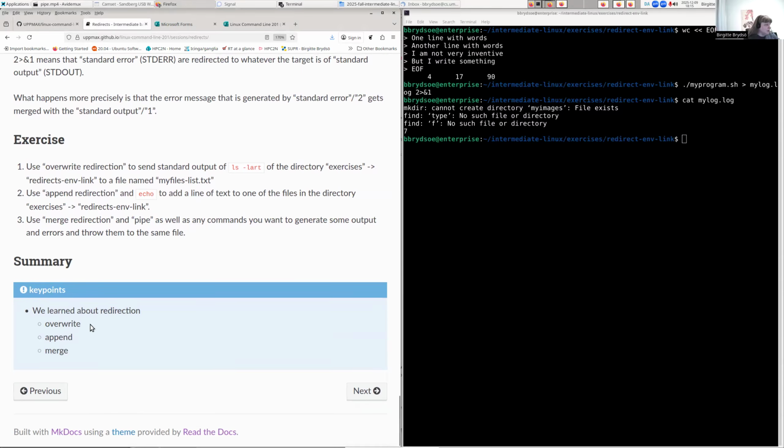So we learned about redirection, override, append, and merge redirection. And now it's time for some exercises. And I think we should